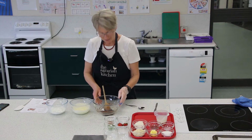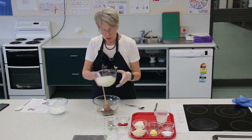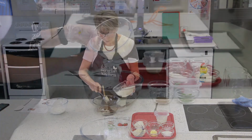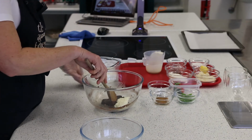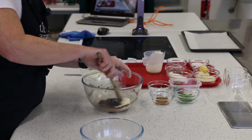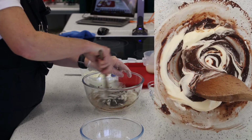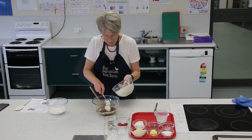So we've got our chocolate mixture, our cream and the egg white mixture. We want to incorporate the cream into the chocolate mixture. So just put in about a third of it initially. We don't want to put it all in, because the heat of the chocolate will melt the cream and then we'll lose all that aeration that we've achieved by whipping it. So stir that until it's smooth, and then add another third of the cream